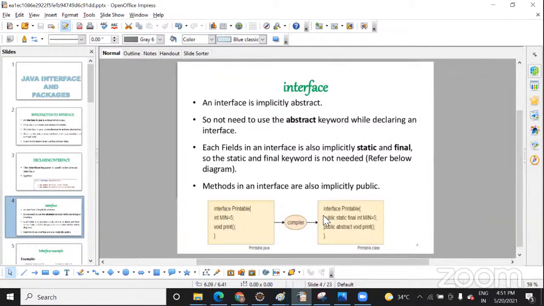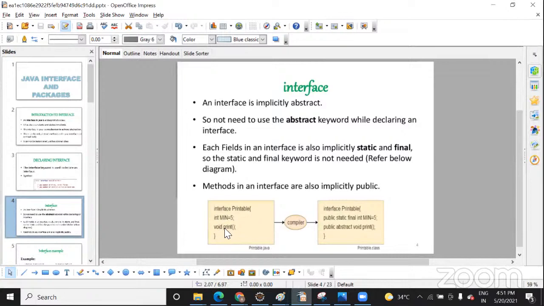For example, I made an example of RBI and banks. Suppose RBI has declared a method for the rate of interest. Whichever bank implements it will provide a different interest rate based on its requirement. So the main criteria for why we use an interface are multiple inheritance and achieving abstraction, so that we can hide the method body.